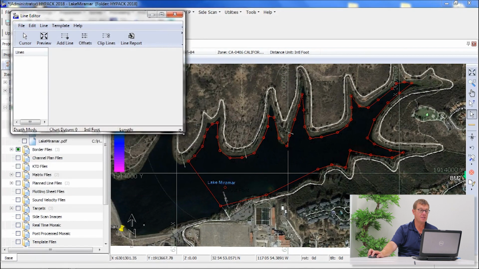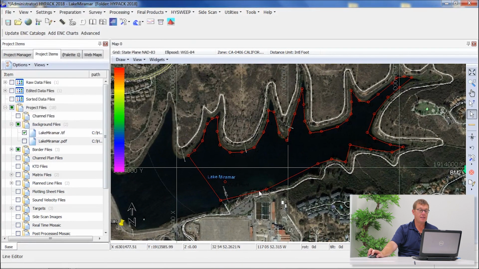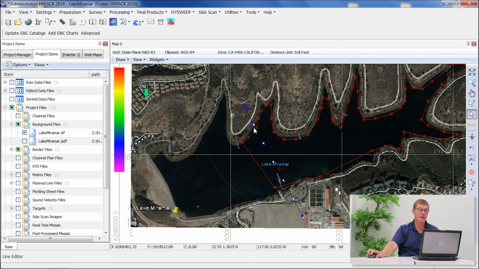there's a feature called cursor, and we select that, and that will determine in which direction the line or the first line is opted. So in this case, based on the two options I've selected, HYPACK assumes the survey will start from, if we're talking about hydrographic principles, from the right bank to the left bank if the flow is going in this direction. And you can also see there with the white arrows that HYPACK assumes the survey is starting in that